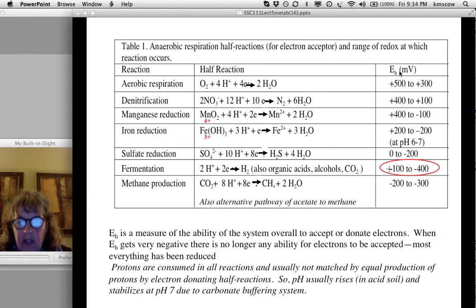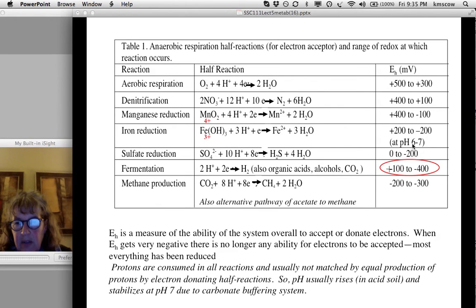So, here's this Eh, which you're going to measure in your flooded soil systems, which is a measure of the ability overall to accept or donate electrons. So if Eh is very positive, that means there's lots of electrons in the system that can be donated if the right kinds of electron acceptors are there. But over time, as all these different substrates that can be used in anaerobic respiration are consumed, that Eh is going to get